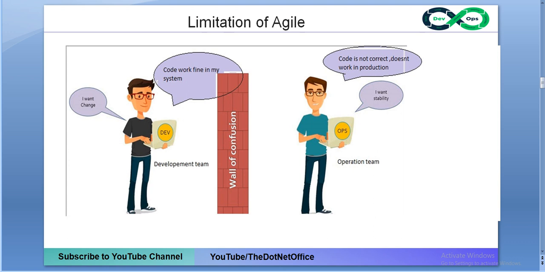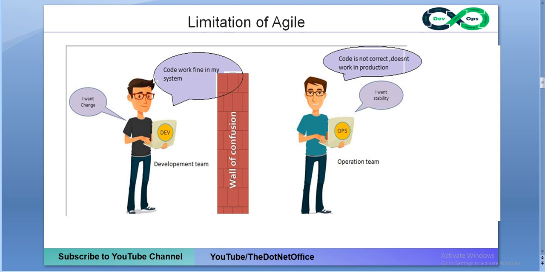As per agile development, the team works continuously, but the operation team doesn't work continuously. So what is the operation team? The operation team is basically the deployment team, who deploy the code on the production server. The development team has the sprint, so they work continuously, but the operation team doesn't. They both sit on opposite sides because they don't have any idea and don't have proper communication as well.